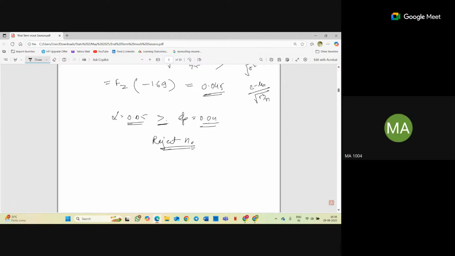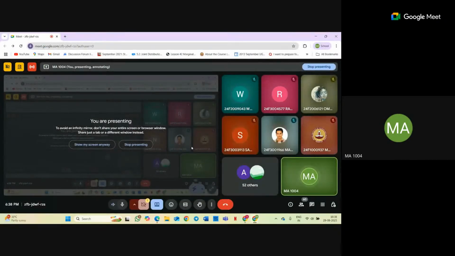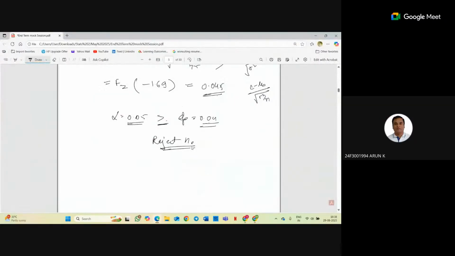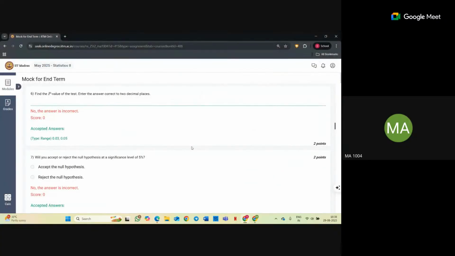Is the whole question clear to everyone? Ma'am, yes, we calculated the p value. Again, do we need to calculate the alpha value also? No, the alpha value is already given in the question, the significance level of 5%. So the p value needs to be compared with the alpha only.